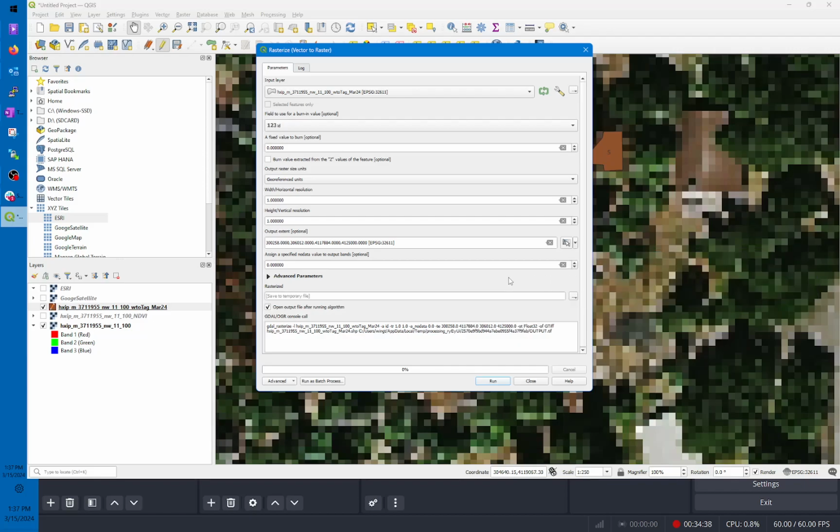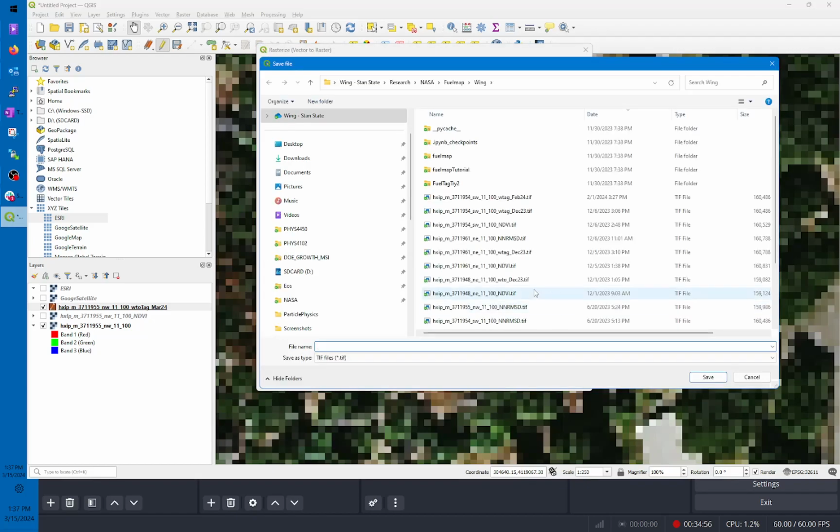Assign specific data with no data. You want to leave that as 0 because we're tagging 1, 2, 3, 4, 5. But if something is 0, then we still want that to be there. And then you don't want to save it to a temporary file. You want to save it as a real file. So when you do that,